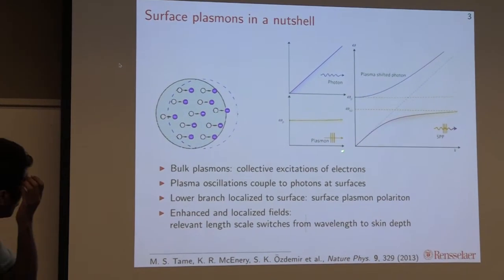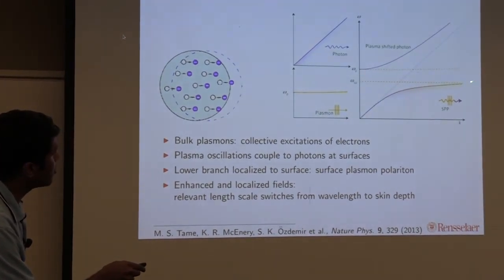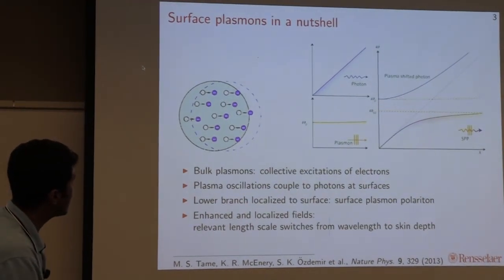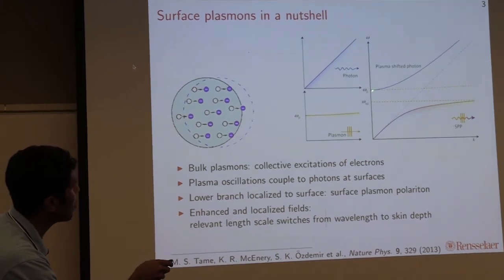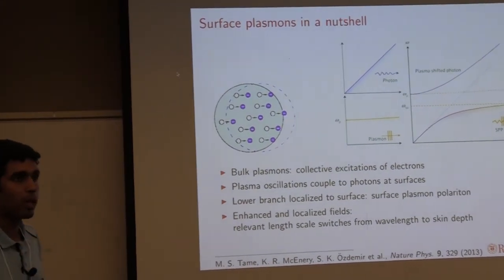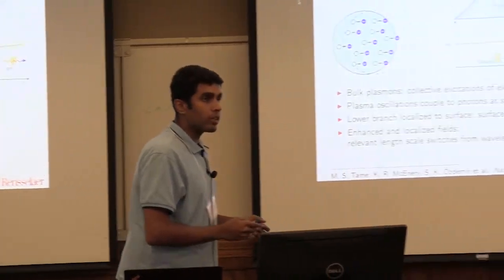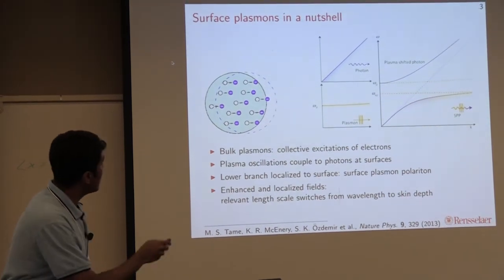So you will get a lower branch which looks like a photon down here and then curves to become more plasmon-like over here, right, which is this charge oscillation. And you have this other mode which is photon-like at high energies and becomes more plasmon-like close to the bulk plasmon energy, right? Now, what makes this really interesting is if you think about the characteristic electron density of metals,